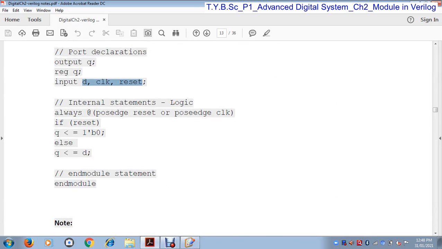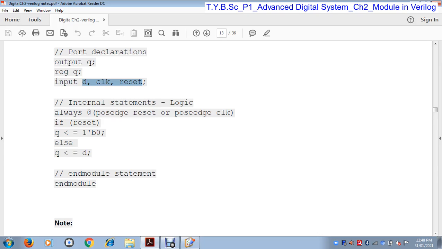Suppose let's look at this example. D, clock and reset are the input variables. That means these are the input ports, and an input port must always be a net data type. And here the output is a net data type. That means Q is a net data type as well as a register data type.